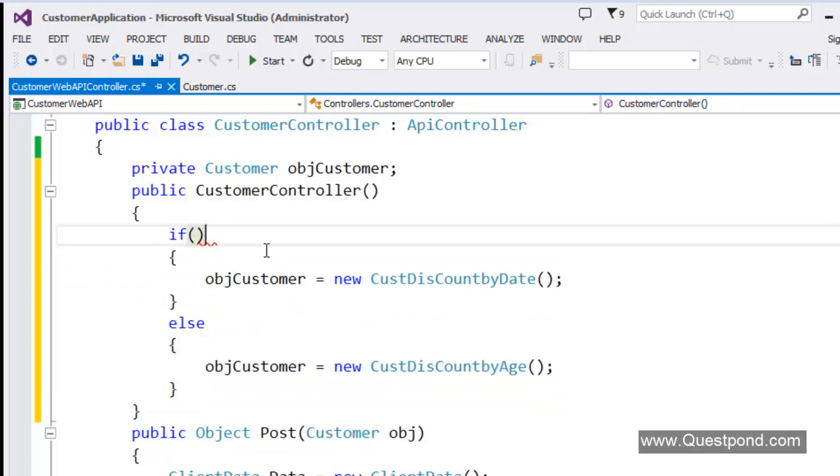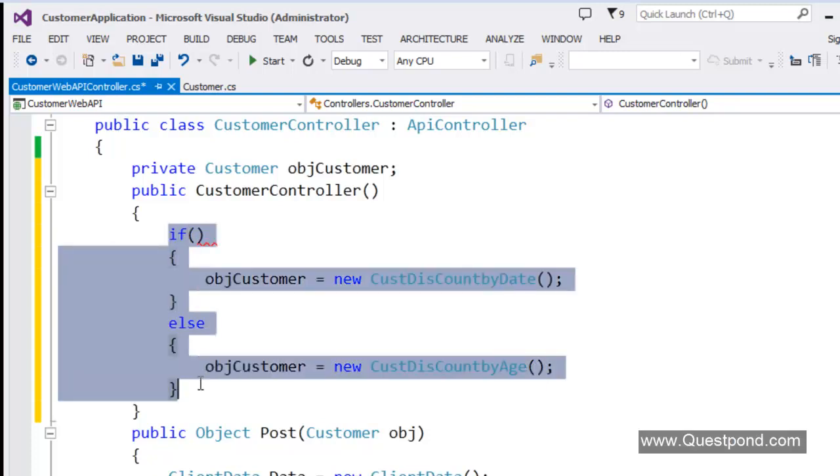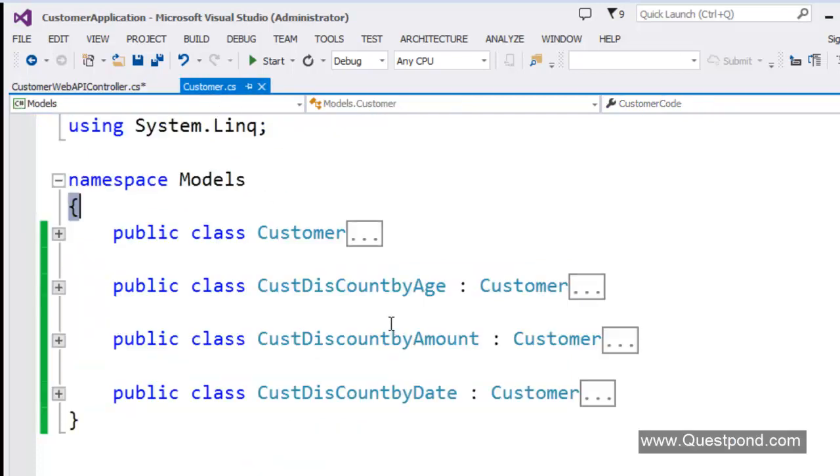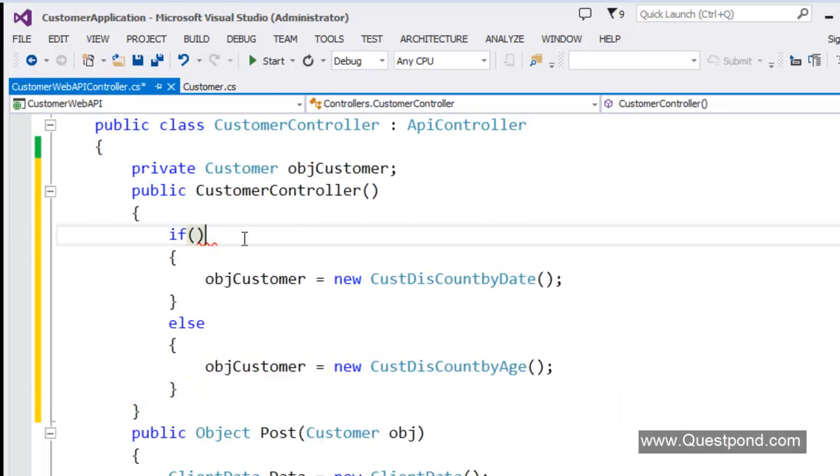Now, if we consume the customer class this way inside the controller, then tomorrow when we add a new logic of calculating discount, we have to again go and write one more if condition here. So in other words, on one side we have created this beautiful class structure, and we want to have a decoupled system, right? And on the other side, the way we are consuming that class structure is completely not following best practices, right? So we would like to follow best practice.